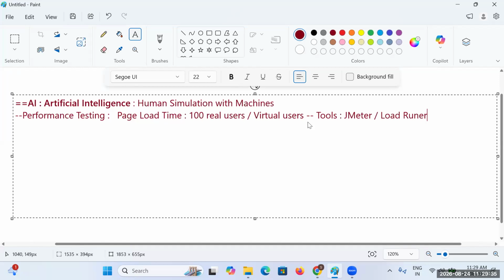To understand how AI came into the picture, the best example is performance testing. Having that many original users is never possible, so you are making virtual users. What the real human would be doing, you are replicating with virtual users. That is how the AI concept also came into the picture.